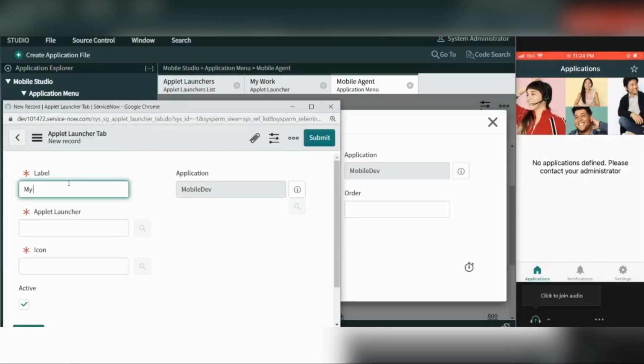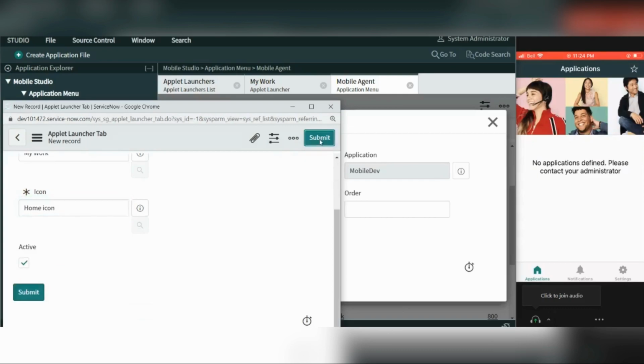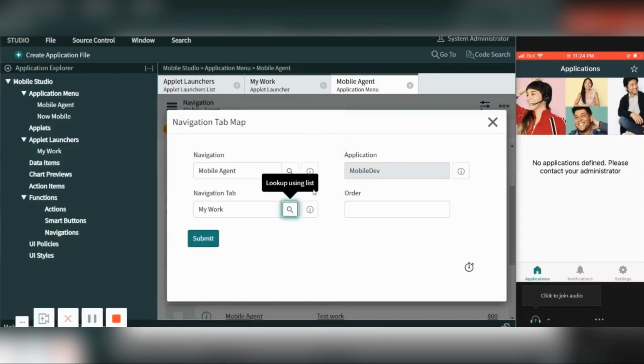Label: my work launcher. My work icon, home icon, and I will submit. And I will give the order 300 and submit it.